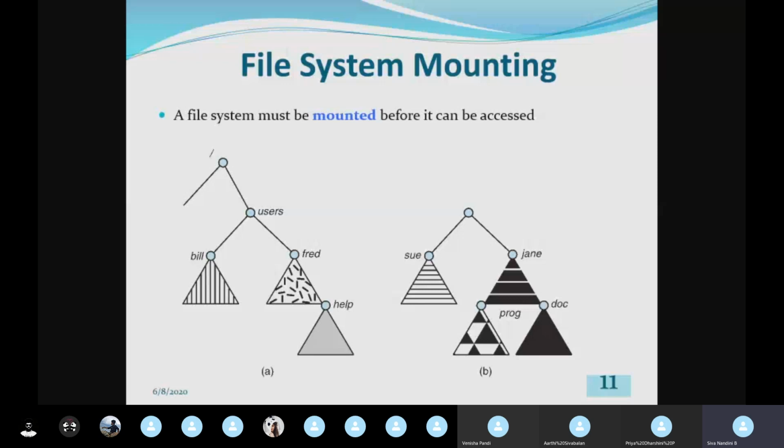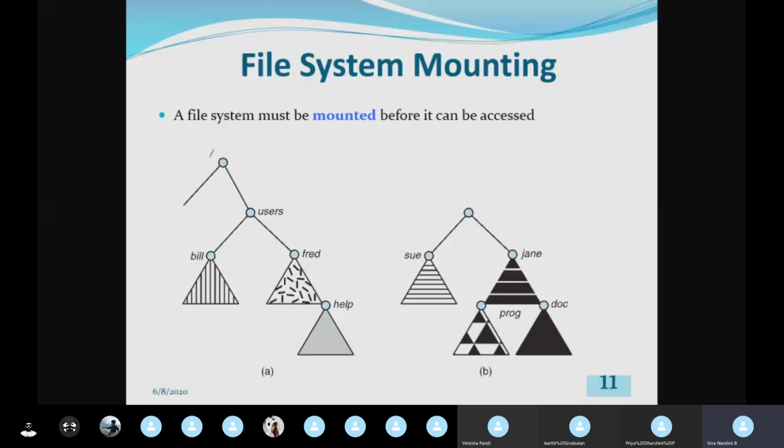If I'm having it in the D colon, the path will be D Turbo C++. Likewise, I can have that inside a folder also, so the path will be changing. That is, I'm going to include a file in a path. That is known as file system mounting. File system mounting means I'm going to include a file in a path of the file system.